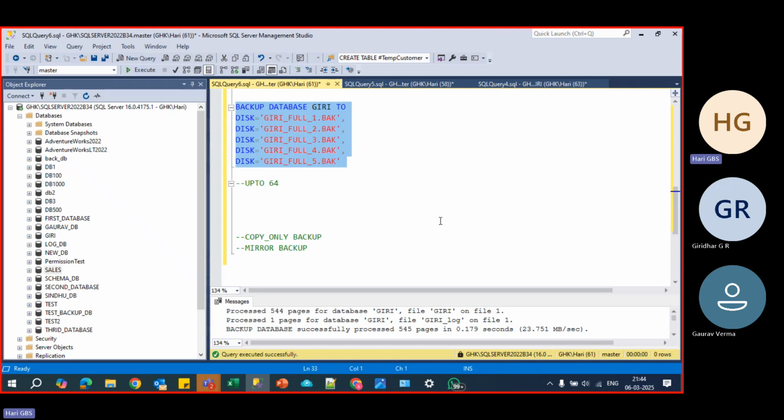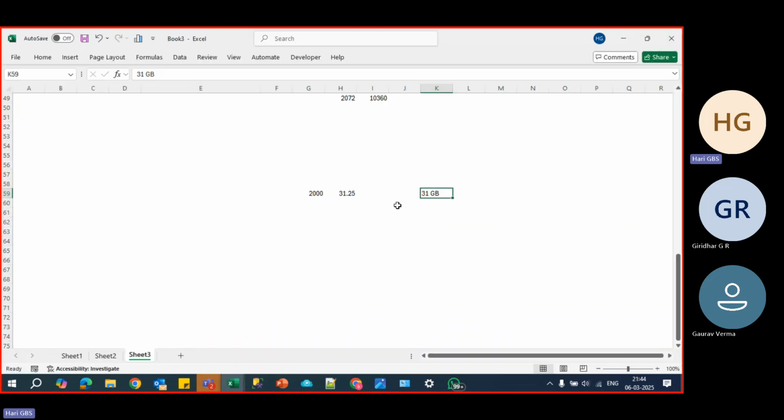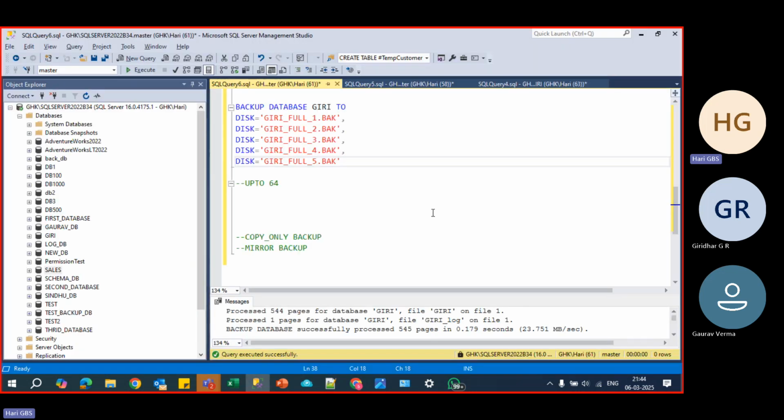The only disadvantage here is that all parts must be equal in size. If you split this backup file into multiple parts, for example 10 parts, all 10 parts would be the same size, 200 GB. With 64 parts, all would be 31 GB. That is one thing. Second thing is, by any chance,